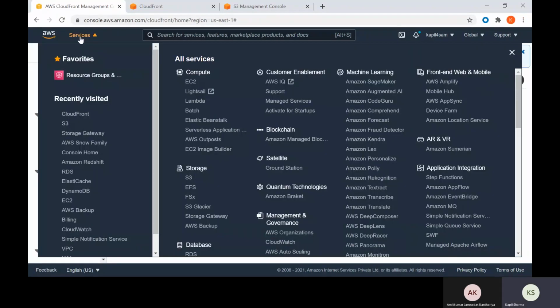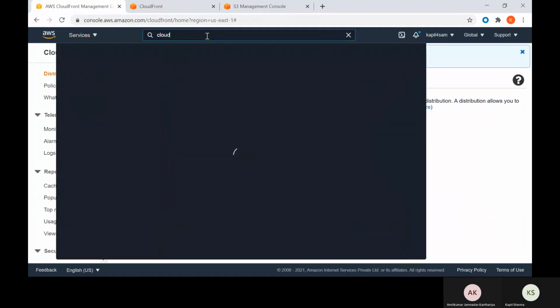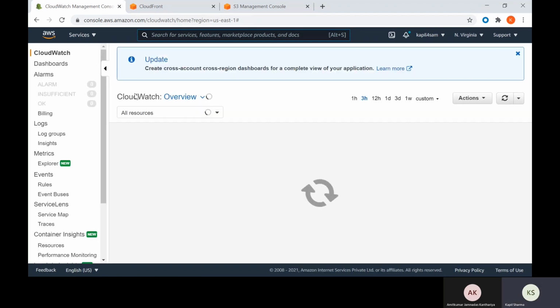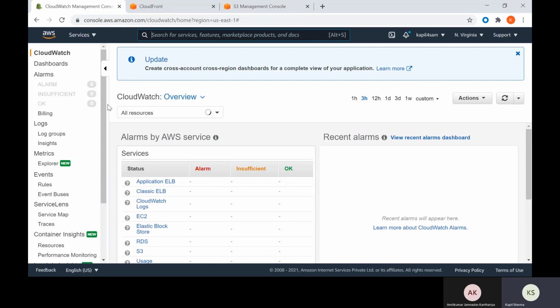Then let us go and see CloudWatch. So here, this is the main dashboard of CloudWatch, and whenever you deploy any services, you will find different metrics which are by default monitored at every 5-minute interval of time.